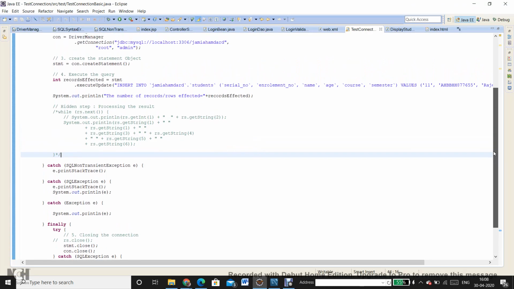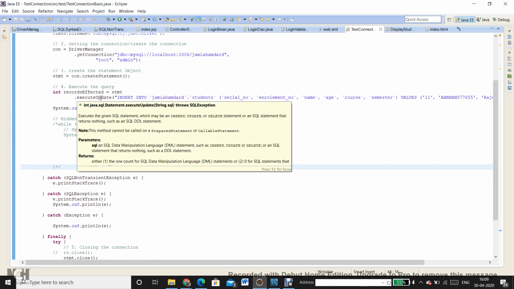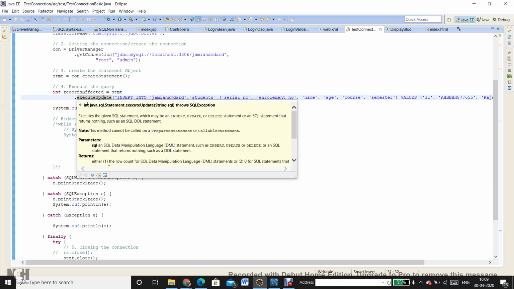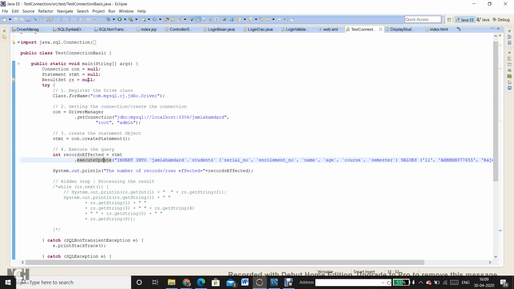See, Rajiv, this was the code, and as you can see, earlier this was the execute query method that I was using to fire a select statement. Now that has been replaced by the execute update method, which fires an insert statement, and this method typically returns an integer value that tells you the number of rows which are impacted. So the return type result set is replaced by the integer value records affected, and initially the result set which I declared over here was pointing to null because I have not used it at this particular point.